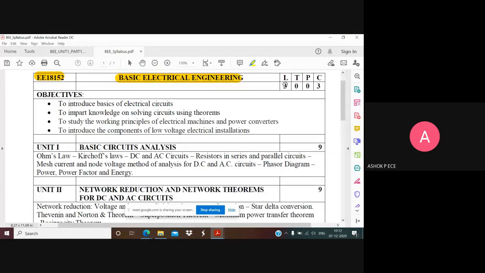So you have 3 credits for this paper, and you know what is meant by LTPC. LTPC is lecture, tutorial, practical, credit. The weightage for lecture is 3. There is no tutorial and no practical for the subject. So it is 3 plus 0 plus 0, and the total credit is going to be 3. Understand, this is a 3 credit paper. After you write your exams and get your grades, you will have 3 credits added to your